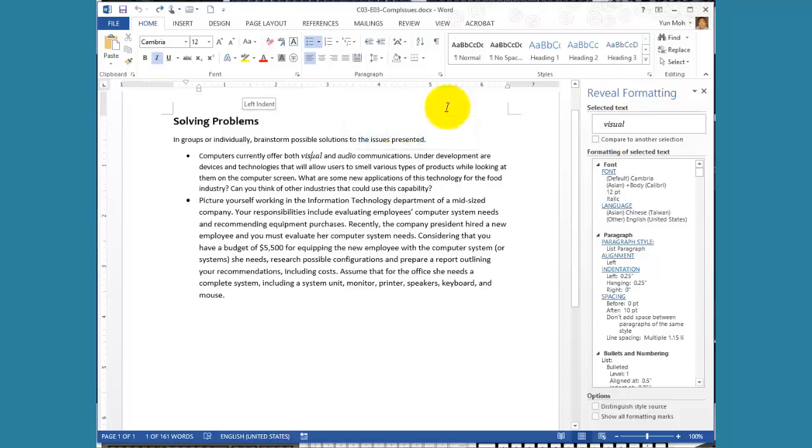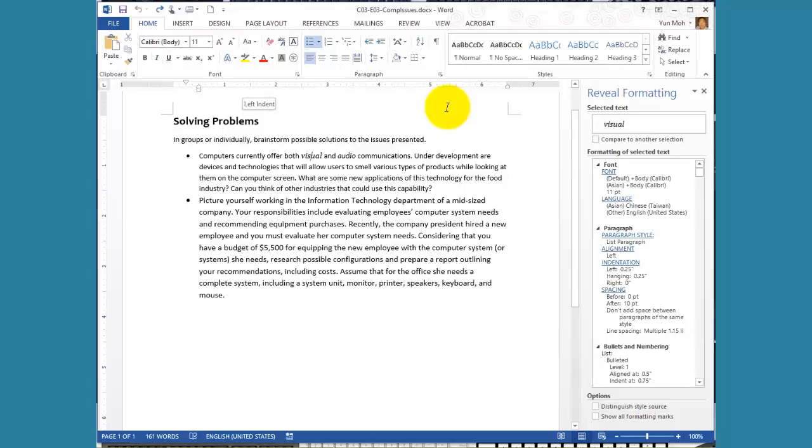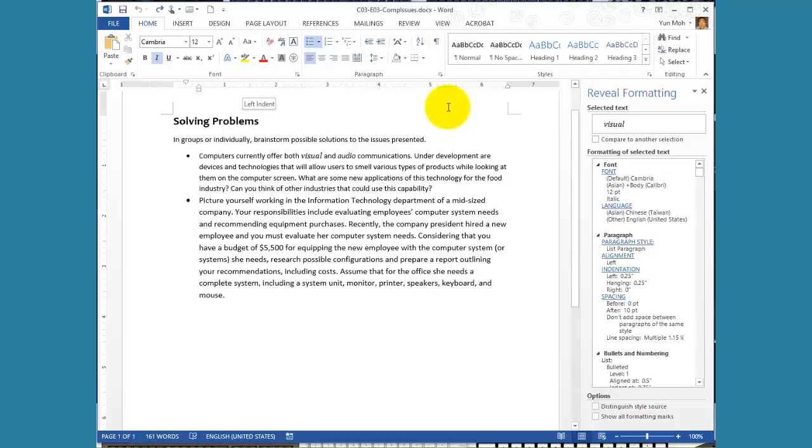So as you can see, as you click on visual and you can click on audio, there are so many things to be compared or matched. It's very hard to see everything, like an underline or not underline, the font size and color and all that kind of thing. So it could be a little bit tricky. So here comes the tool handy. Click on the word visual, and then your selected text is visual, and click on